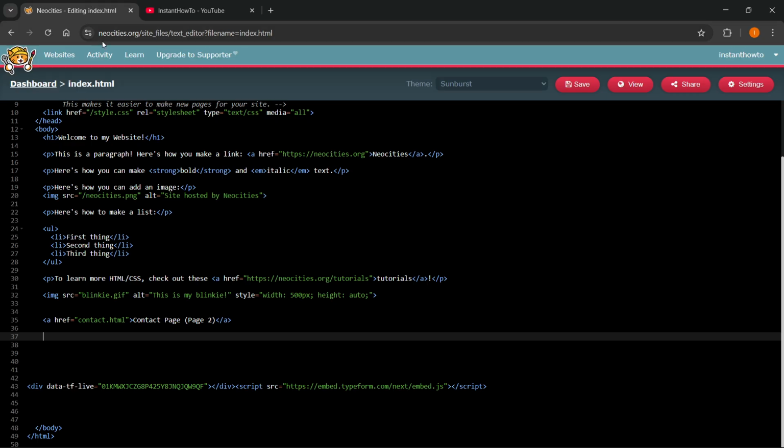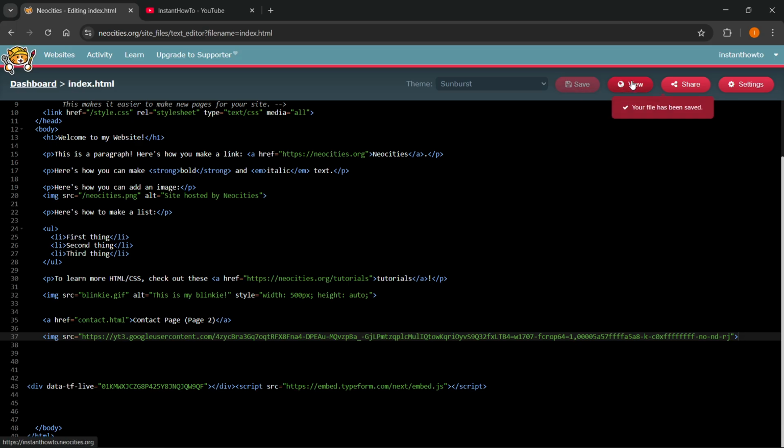And then from here, you can go in here inside your code. You can begin with this bracket and do img and then spacebar src equals, and then you want to do quotation marks, and in here you want to paste your link. Now when you paste your link, no matter how long it is, at the very end of it you want to do quotation mark again, and then you want to do the end of this bracket over here, and that's all you have to do. So img src equals, and then within quotation marks you want to put your link, then just click on save,